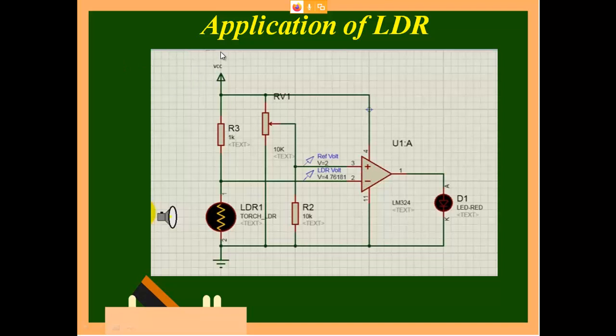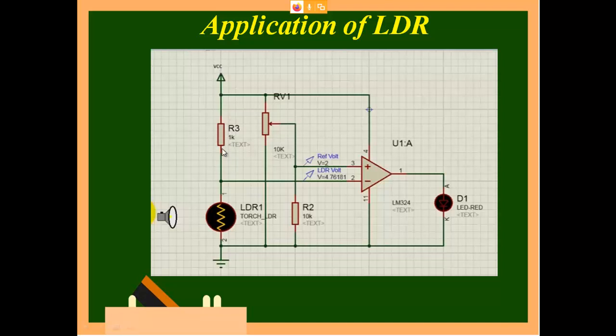I am giving VCC, and the sensitivity of the device is selected by this potentiometer. What sensitivity do I require? If I vary this, the voltage will vary, and this is the reference voltage which I am giving. I can give whatever reference value here, and based upon the reference value, this LED is going to glow. If I want high sensitivity, I should keep a very high reference voltage. If the supply is 5 volt, I adjust it such that I keep it at 4 volt. Then it has high sensitivity. That is how you talk about sensitivity.